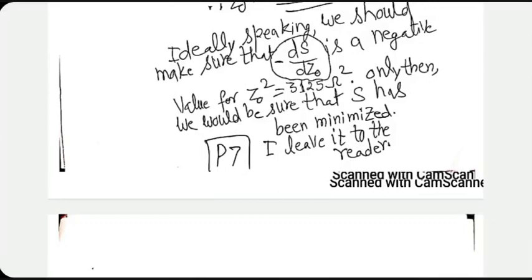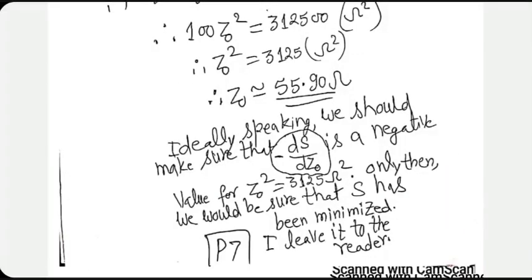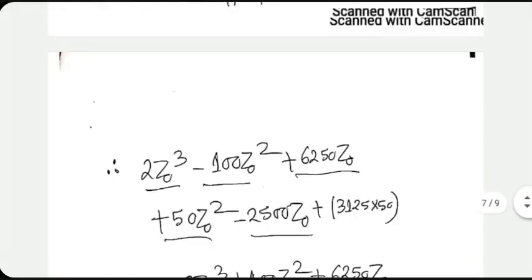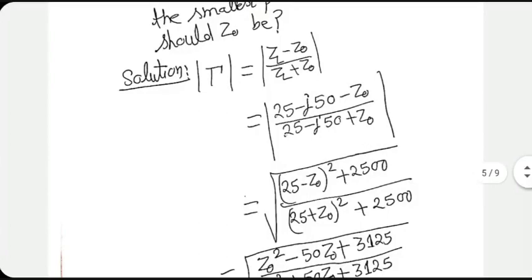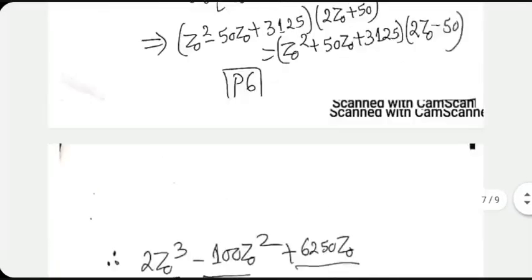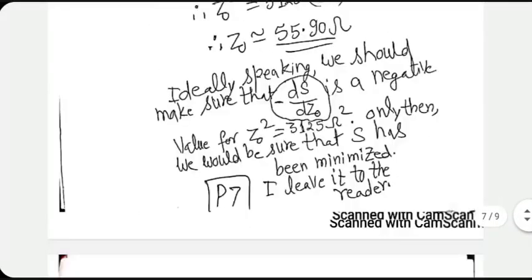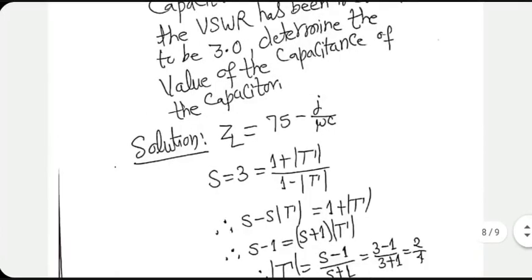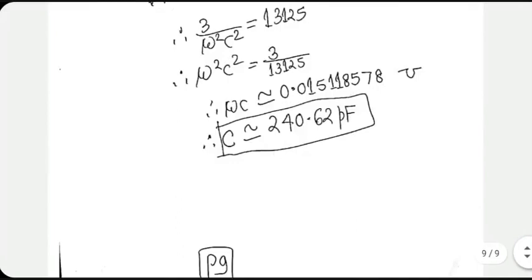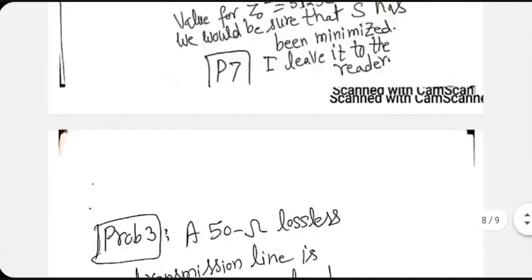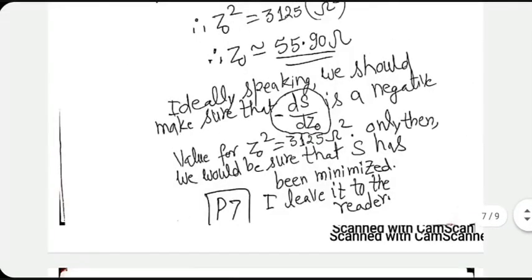Actually, there's a lot more rigor that is necessary. I realize that because dS/dZ0 equal to 0 only proves that it could be a maximum or a minimum. So you better take the second order derivative and make sure it has the appropriate sign to make sure that S is really minimized. I leave that to you, but I think this is fine intuitively to me. I have not done it, but you can do it.